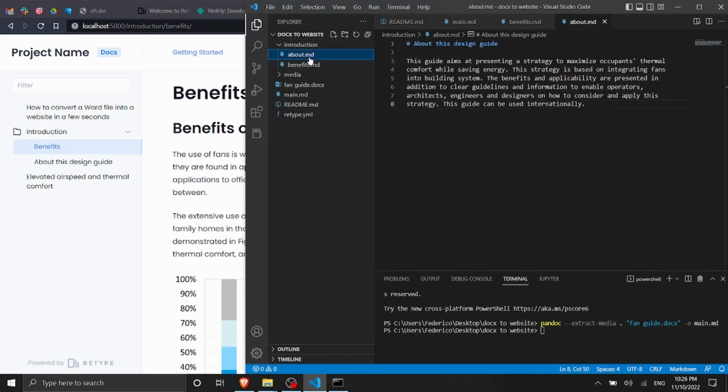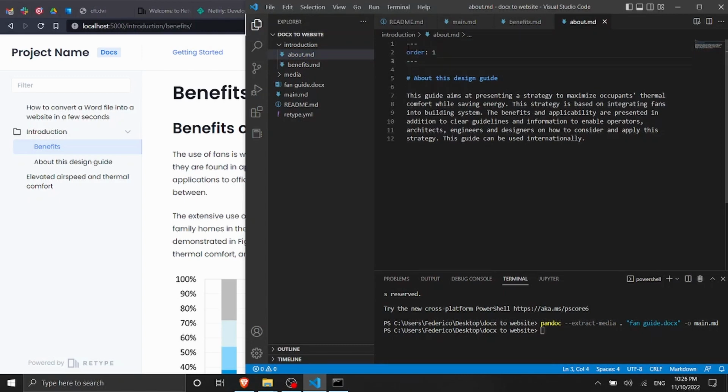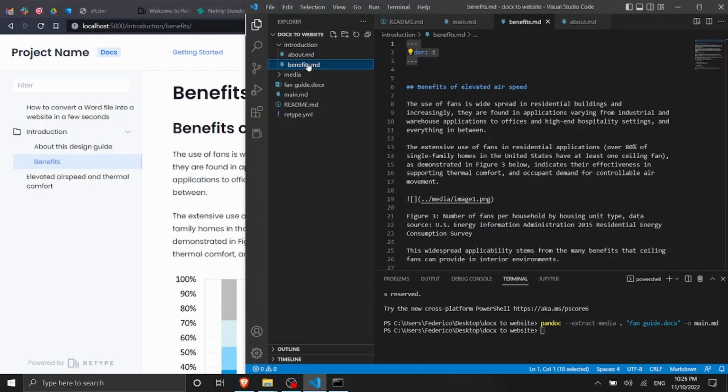So let me go into the about page here. And then we can say order 1. And in this case, the order 1, since they have the same order, about is coming before because this is heading 1. Okay? But if I put order 2, okay, this also is the same because order 2 now here is the opposite. Like you have to put a higher number if it wants to be up at the top. So let me go into benefits.